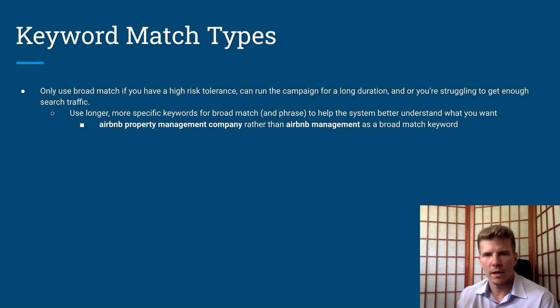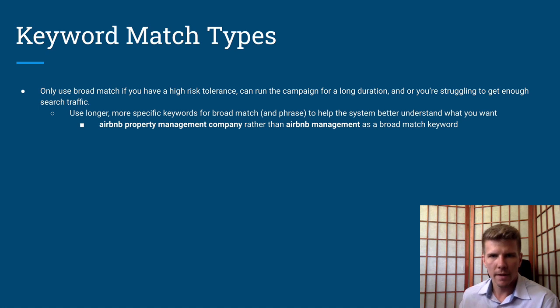So instead of Airbnb management, you're going to do Airbnb property management company for your broad. Whereas you could do Airbnb management as your exact. It's still a little bit broad, but that'd work better as an exact. If you put it as a phrase, it would also target way too much. So you want to make the shorter ones that are less specific more exact, and the longer ones more broad